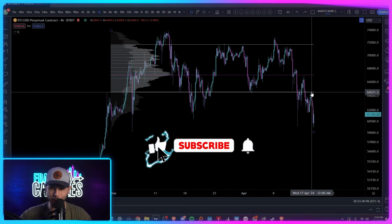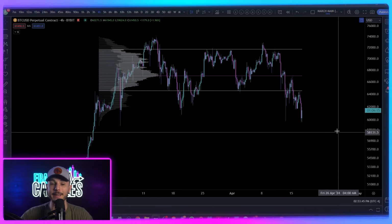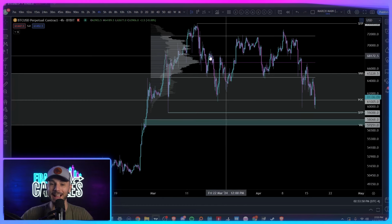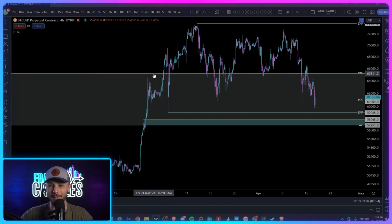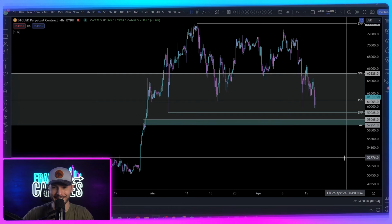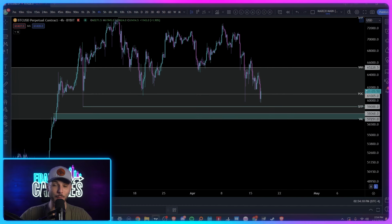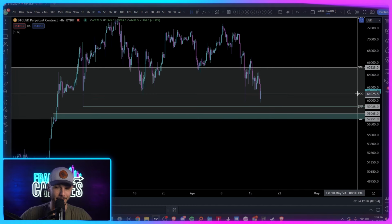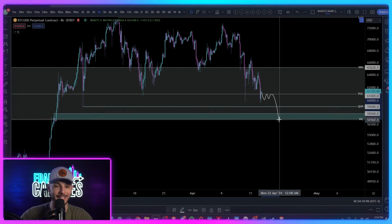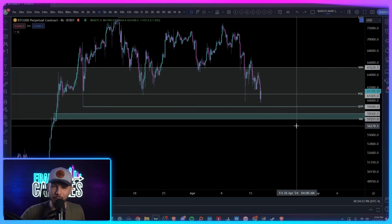So as we were unable to reclaim this value area low, if we do wind up seeing this move continue to the downside, there is a major zone that I am going to be looking at. Now, this is going to be a familiar range, but we do have this range down below, sitting between about 65.2 all the way down to about $57,227. So obviously, guys, we have dipped down into this volume profile, and if we do wind up getting stuck underneath this POC sitting at about $61,000, we could potentially anticipate another push to the downside, bringing us to the value area low of this range, which is the next major level that I'm going to be looking at for